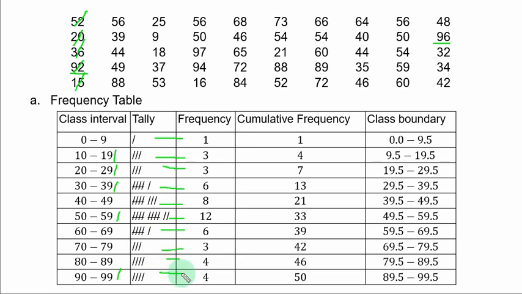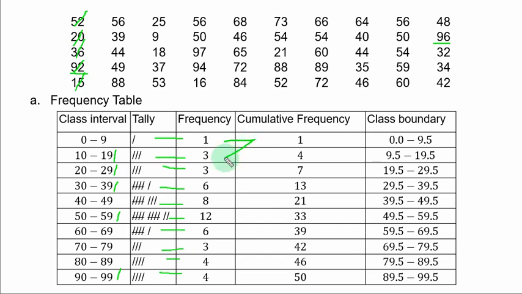In order to plot the cumulative frequency curve, you need to add 2 other columns to the table, and that is cumulative frequency and class boundary. Cumulative frequency is simply the addition of all the frequencies, where you start with the first frequency as 1